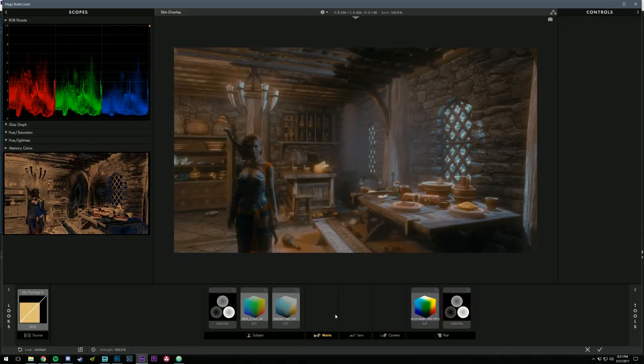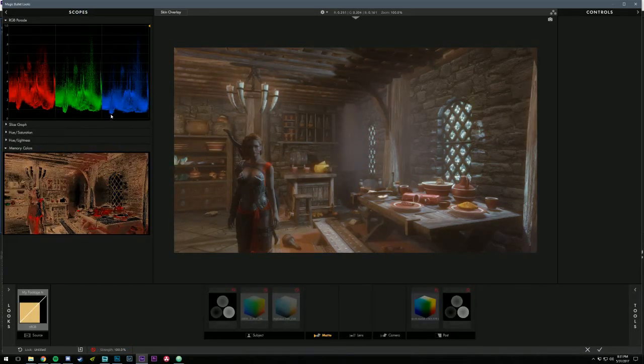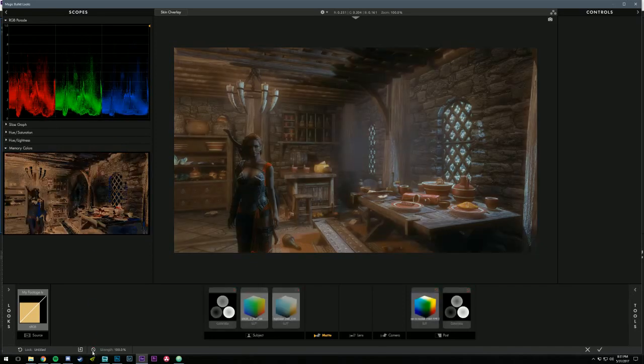And then one thing I need to do is, if you look up here, this is your red, green, and blue channel for the image. So I turn this off. This is the black level that the image already has. This is like the darkest point right here. So normally I would want to preserve that and stay in that general area. But since she provided me images that have so much room in the bottom to go down, I can push down a bit more. It's not a good idea to go all the way down to 0 generally, because then you can get shadow clipping in other areas of the game. But